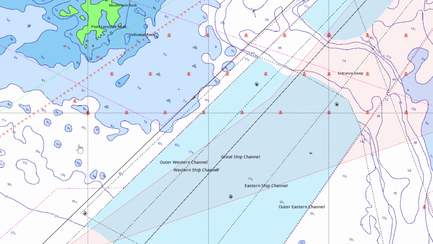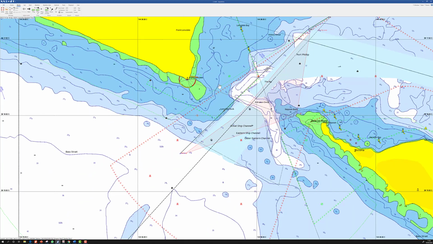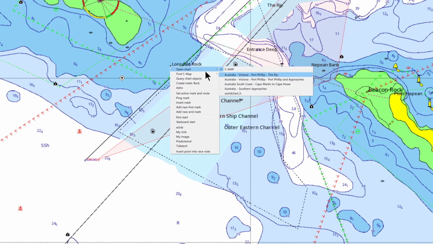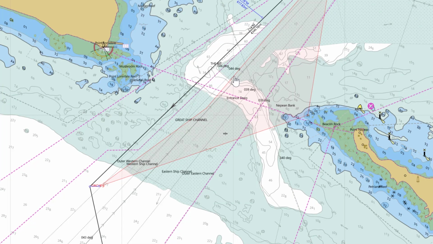so you know, just only 600 meters off there, and I would just check some of those other things like Lonsdale Rock, and I tend to have a file of small things that I need to worry about. So Lonsdale Rock is there. Of course, I would be much happier looking at Lonsdale Rock in the ENC charts. So I've zoomed in,